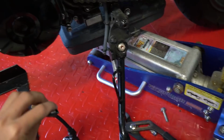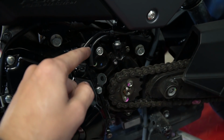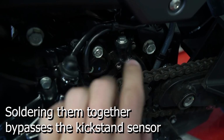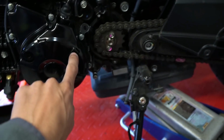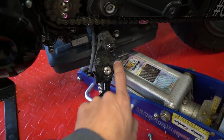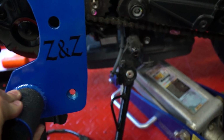There we go. So basically I just cut the wires, soldered them together, and then put a piece of heat shrink over it and then zip tied it to the other wire so it didn't fall down or something. So that's all I did. Super simple, super clean. You don't see any more wires going down here. So hopefully that will allow enough room now so we can put our peg right there and it won't hit